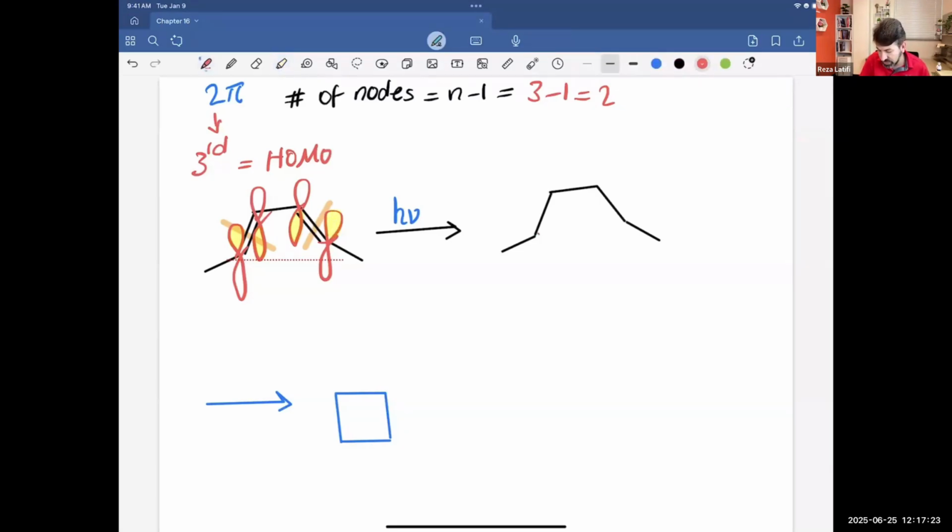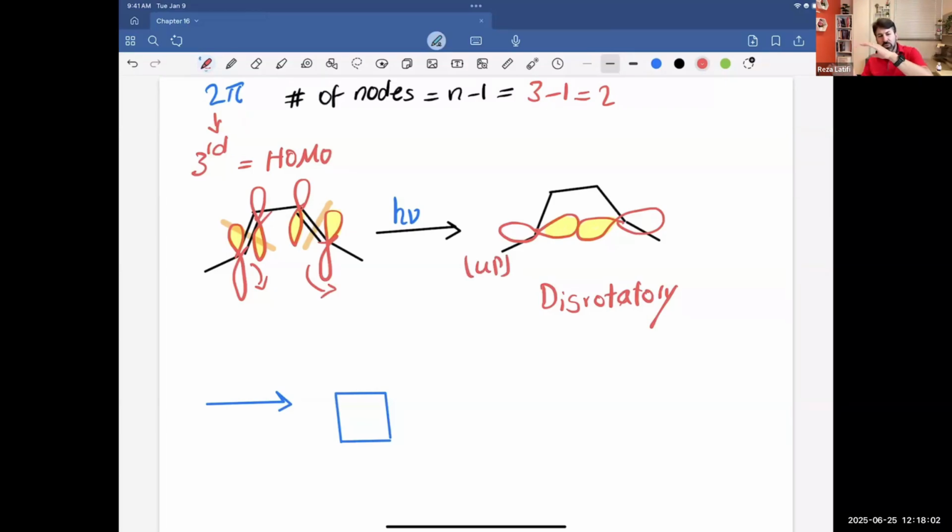Now I want these two to face each other with the same color. So I will have yellow here, yellow there. And in order to have sigma interaction, I need to move this one on the right. Sorry, the one on the right, I'm going to move it counterclockwise. And the one on the left has to move clockwise. So the rotation will be disrotatory. Methyl on the left will go up. And the one on the right side, because we are rotating the molecule counterclockwise, this one also will go